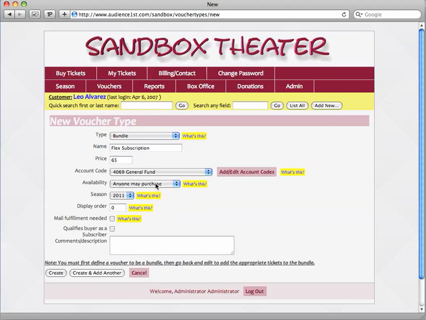Although, for example, if we wanted to give subscribers an additional discount to also purchase a FlexPack, we could create a subscribers may purchase and then set up a whole separate one for the general public. We'll make sure it's for the correct season. We'll mail people a nice brochure when they buy our subscription. And once we create it,